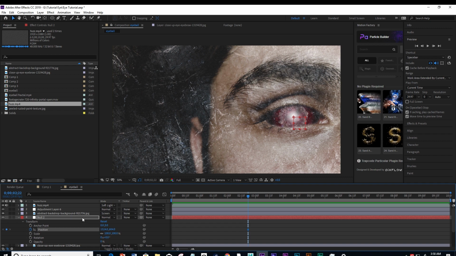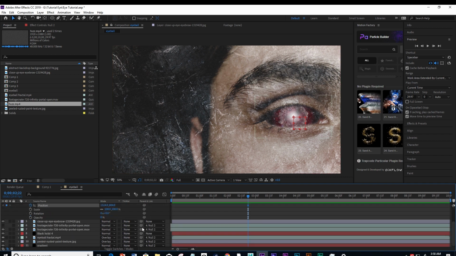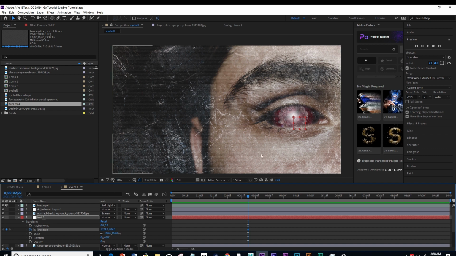And since everything else is tied to that, all the other components of the eye are tied to the Null 2 object. Everything's going to move along with the Null 2 object, just like I showed you. So we've keyframed at about 222 and told it at that time this is where we want that eyeball to be. We want to go back to the very beginning,